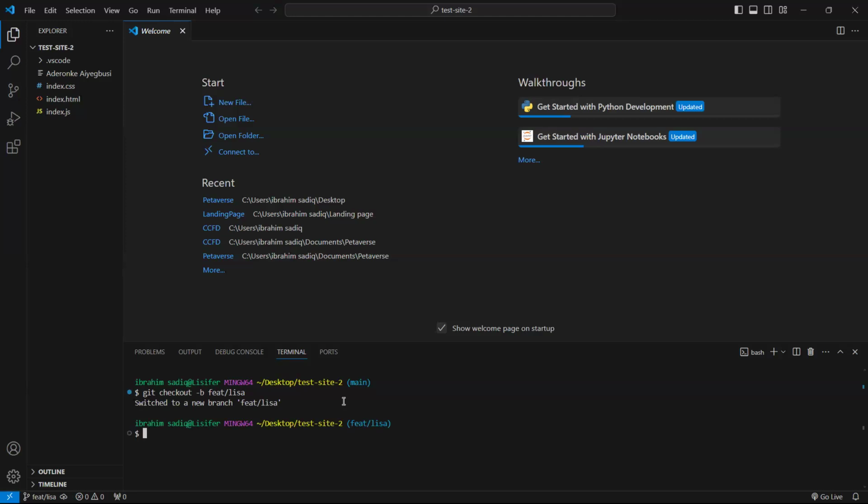So you need to make the change. Before you make the changes, I forgot to actually show it to Divine, but it won't hurt if I show it now. What you want to do is you type git status. You see, it's telling you nothing to commit, working tree clean. So clear your screen. Then make changes in the index.html.